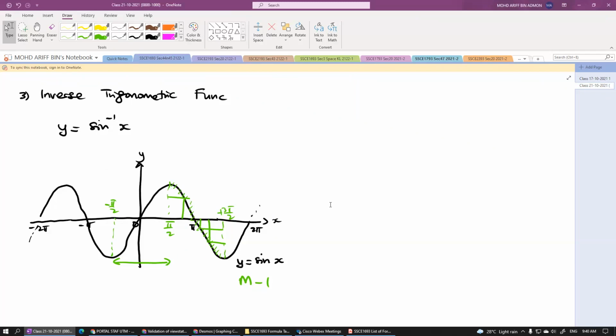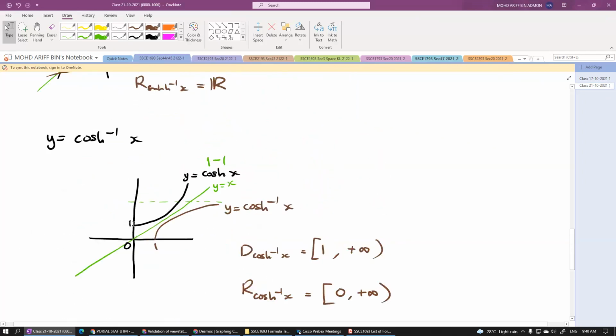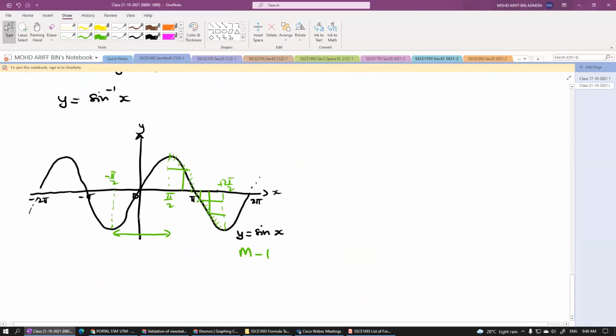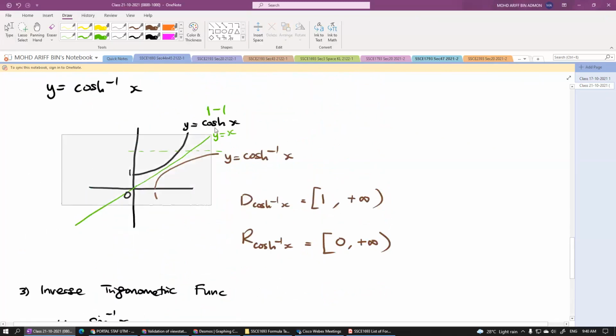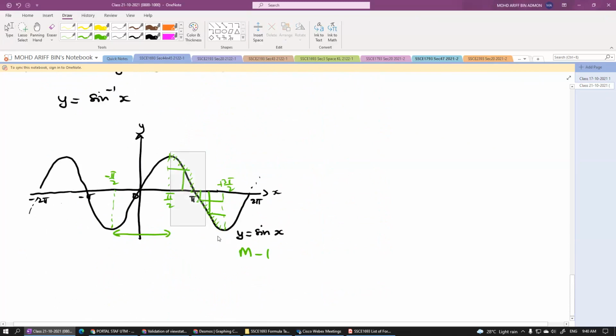Okay. This one there is no negative. We are not taking negative value. Because it is easy for you to get your graph when you reflect about y equal to x. For this one, you might get a different graph when you reflect about y equal to x. Normally, when we want to reflect our original graph with respect to the y equal to x line, we try our best to make sure our original graph